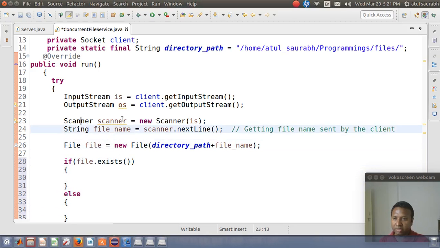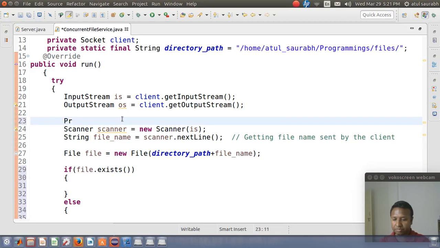To send the message, obviously I require the print writer. Out equal to new print writer.